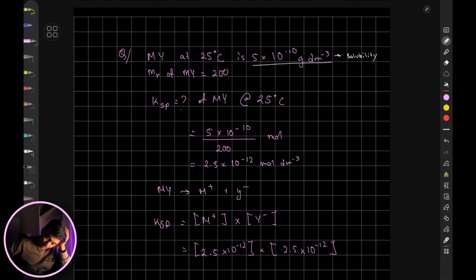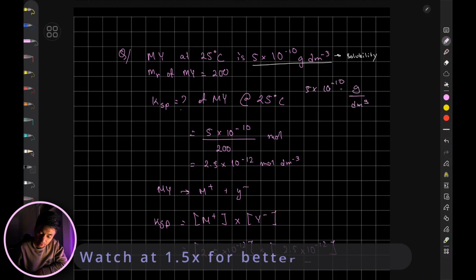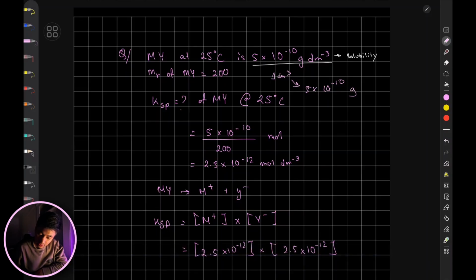Let's look at another example where you have My. Just consider a random sort of salt. At 25 degrees Celsius, its solubility is 5 into 10 to the power of minus 10 gram per dm cube. So how do you convert this to mole per dm cube? These are the grams per dm cube. So for 1 dm cube, it has these many grams. So for 1 dm cube, how many moles will it have? Just divide this gram by the molar mass